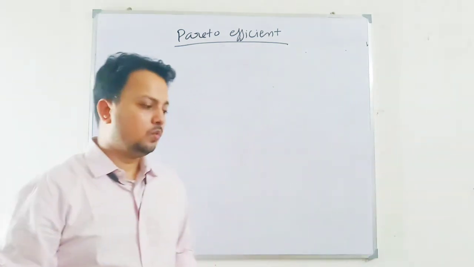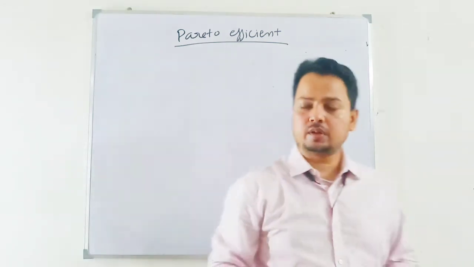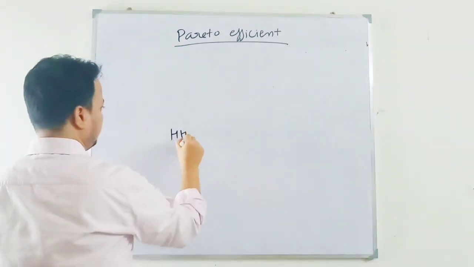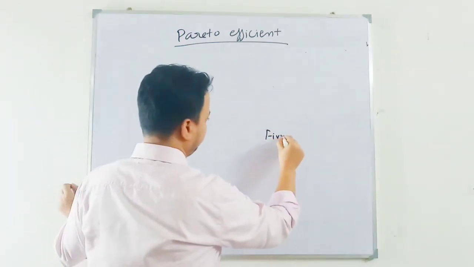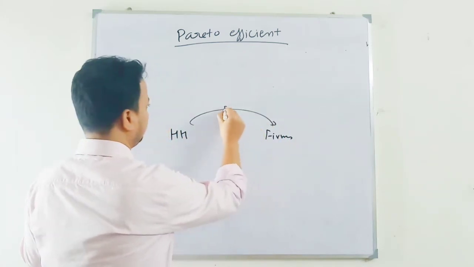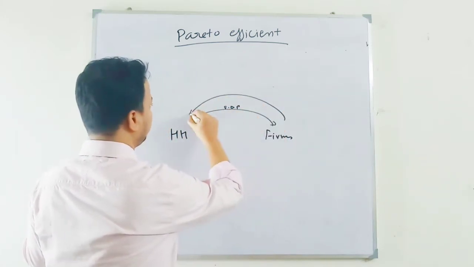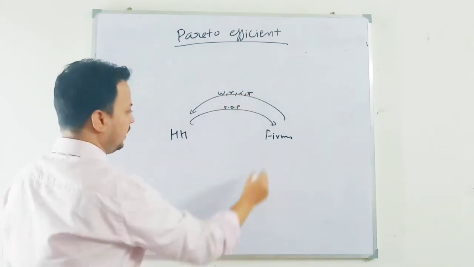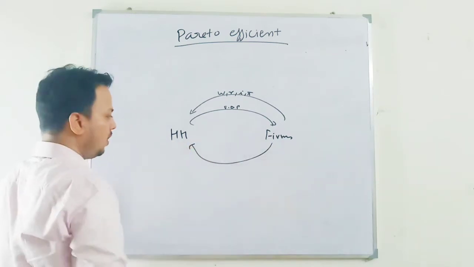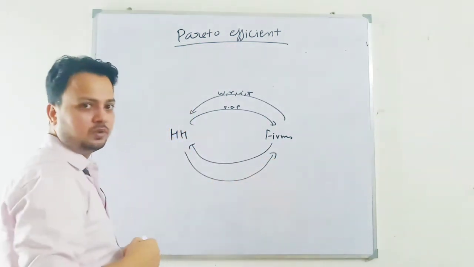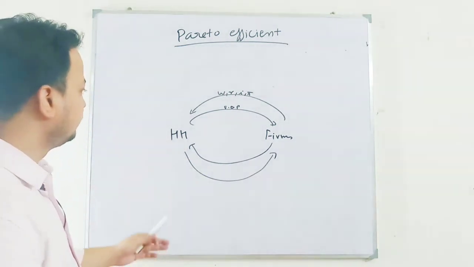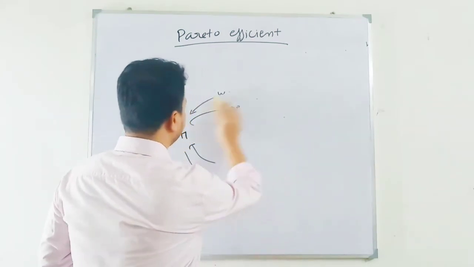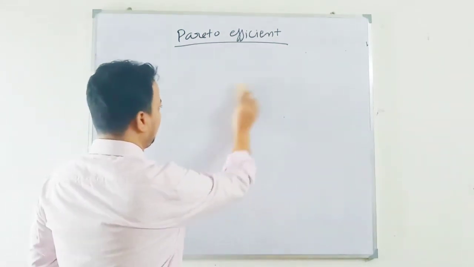Most of you have done the circular flow graph, where you have households that supply factors of production to firms, and these factors of production get remuneration in terms of wage, rent, interest and profit. The output is produced and sold to the households, and they pay the price. So this is one of the general frameworks. This is a 2x2 I have done. You can introduce the government and financial sector also. This is the general framework you have done in macroeconomics.